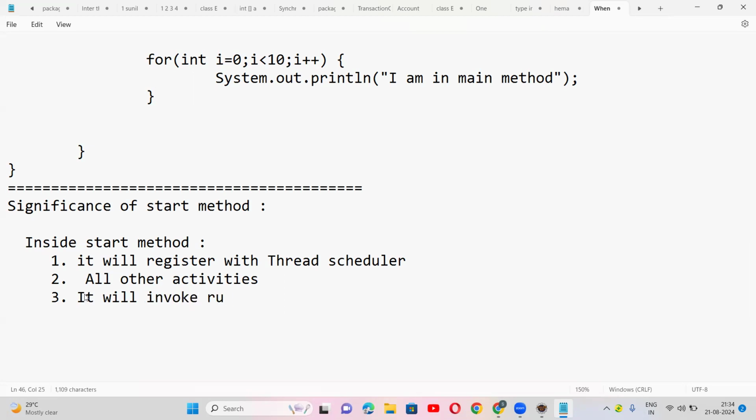It will invoke the run method, guys. That's what I'm trying to explain from yesterday, right? From the start method, it will invoke the run method. Okay, is that clear, guys? Is this example clear? Okay. See, first step,